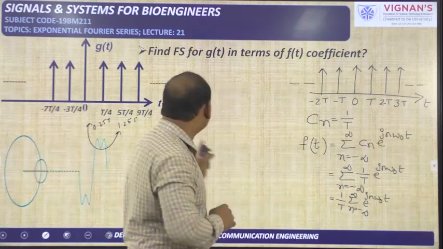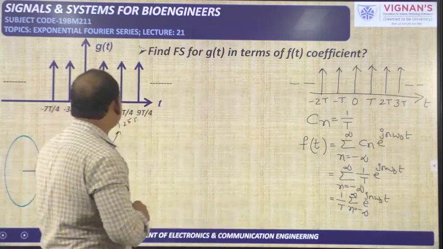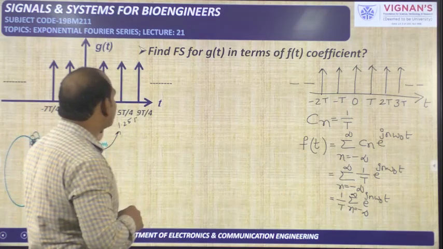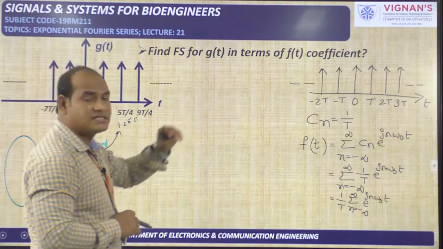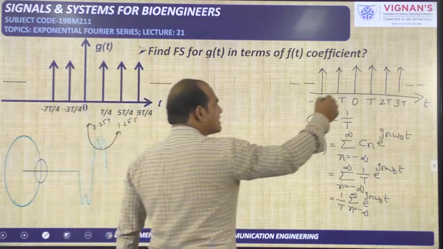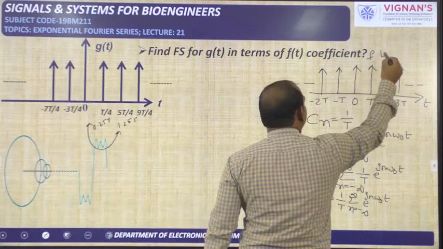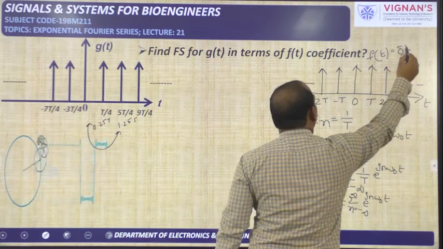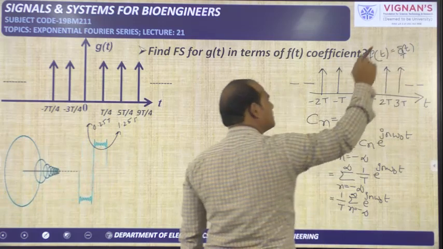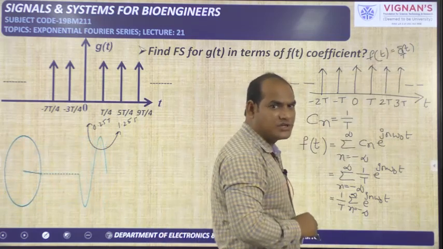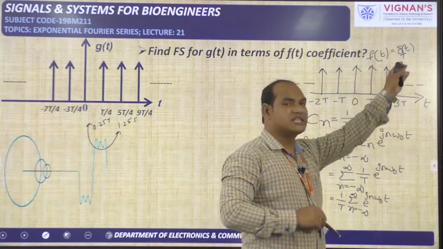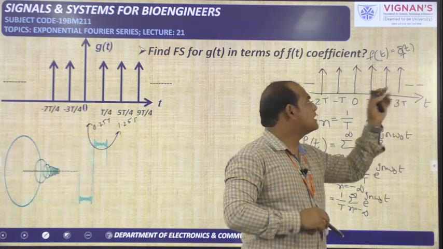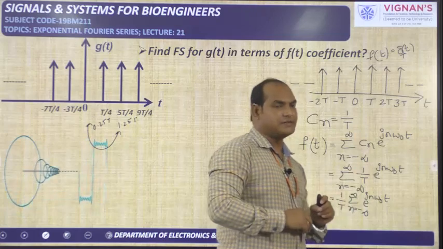Now if you see this particular problem, here also it is an impulse train signal only, but you need to write this impulse train g of t in terms of this impulse train f of t. This is the f of t we have taken. Actually this impulse train is given by del suffix capital T of t. Del of t means only one impulse exists at t equal to 0, but del T of t is nothing but an impulse train having infinite number of impulses with time duration of capital T.